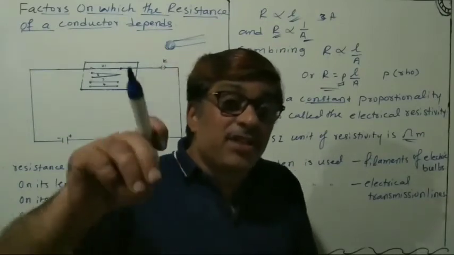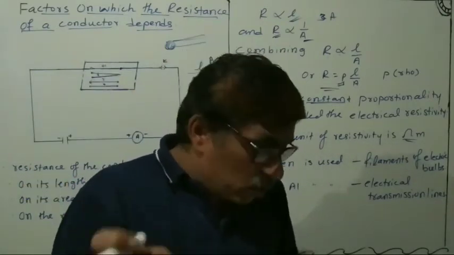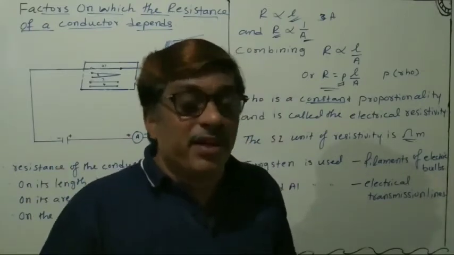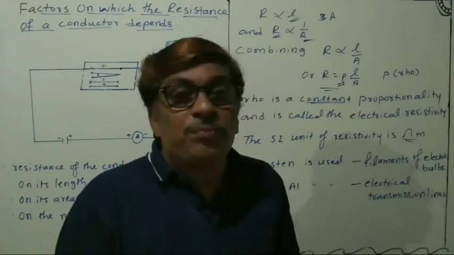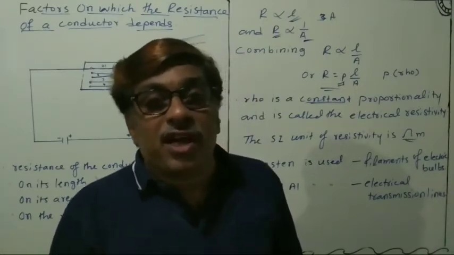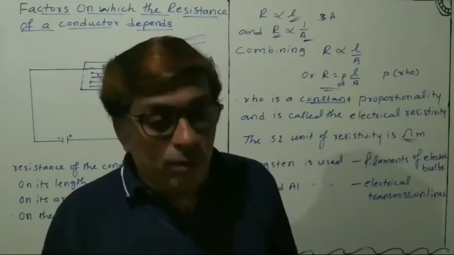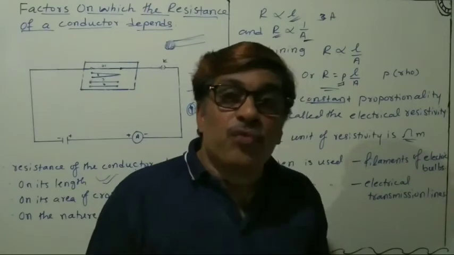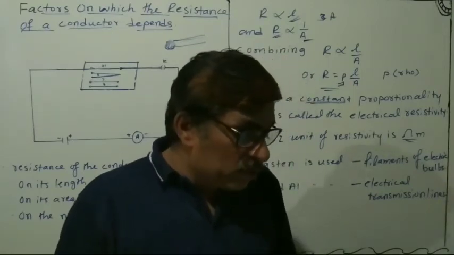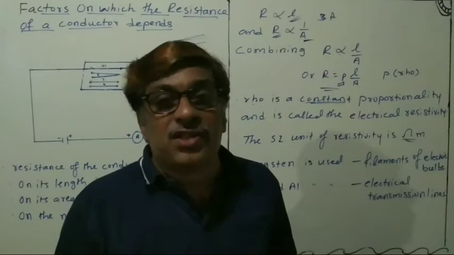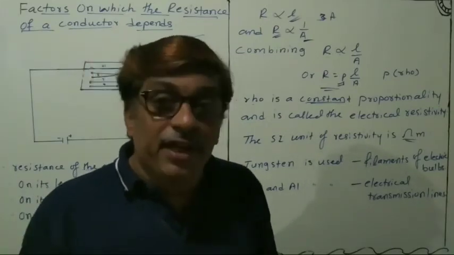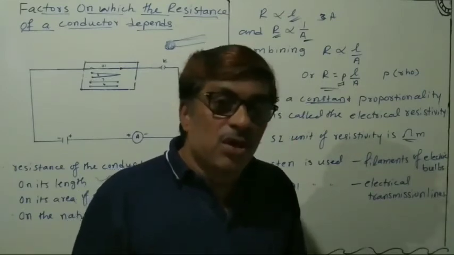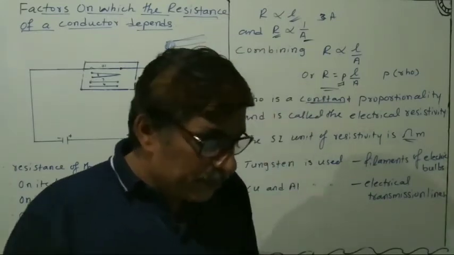The resistivity of these alloys is more, but their constituent elements like silver, copper, aluminum have less resistivity. Alloys do not oxidize, which means they do not burn readily at high temperatures. For this reason, they are commonly used in electric heating devices like electric irons and toasters.